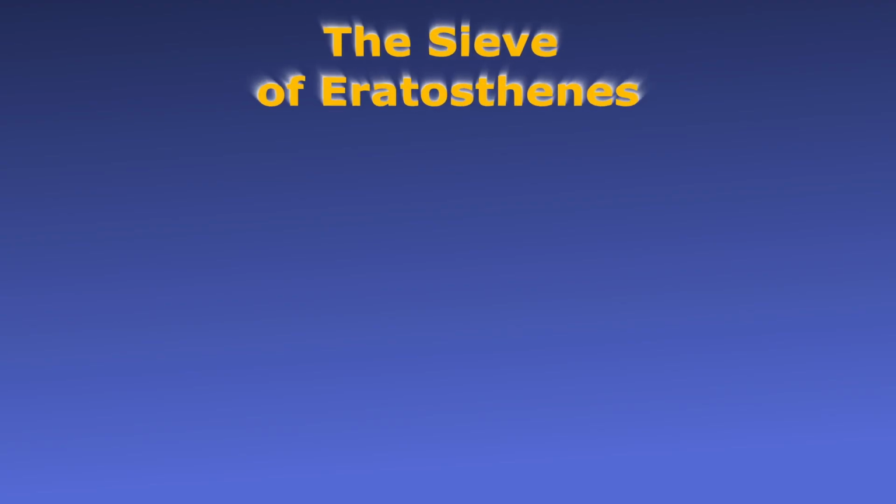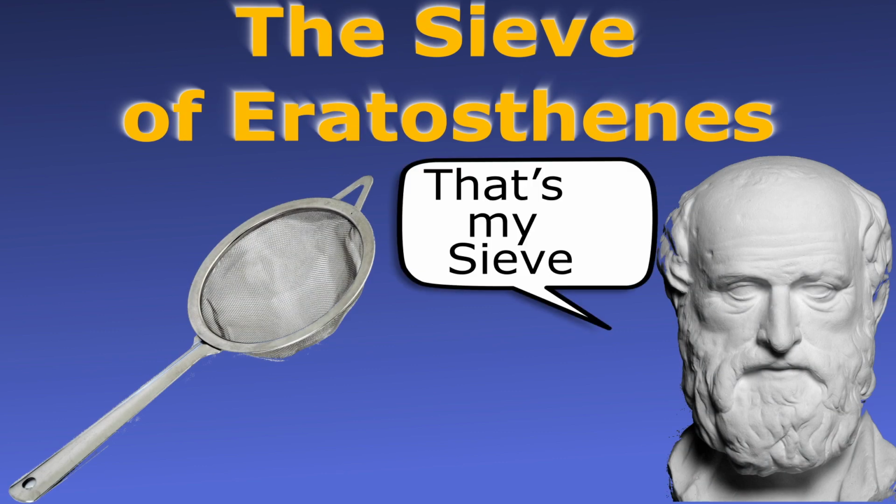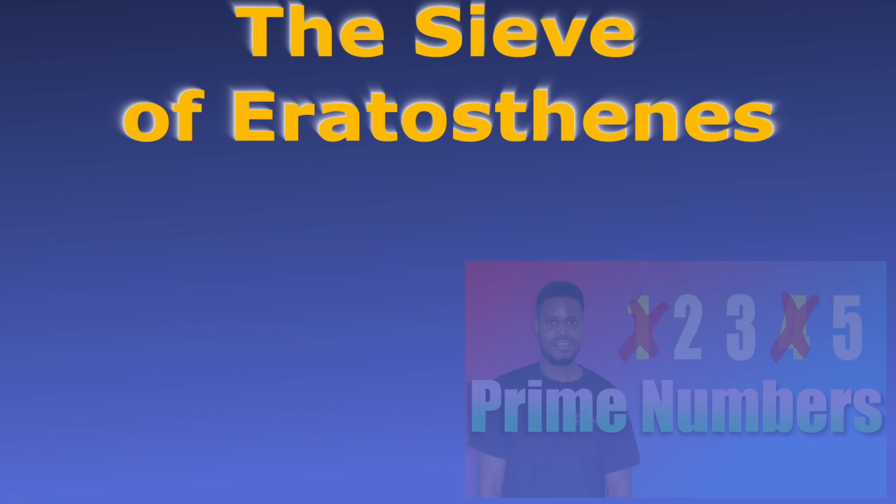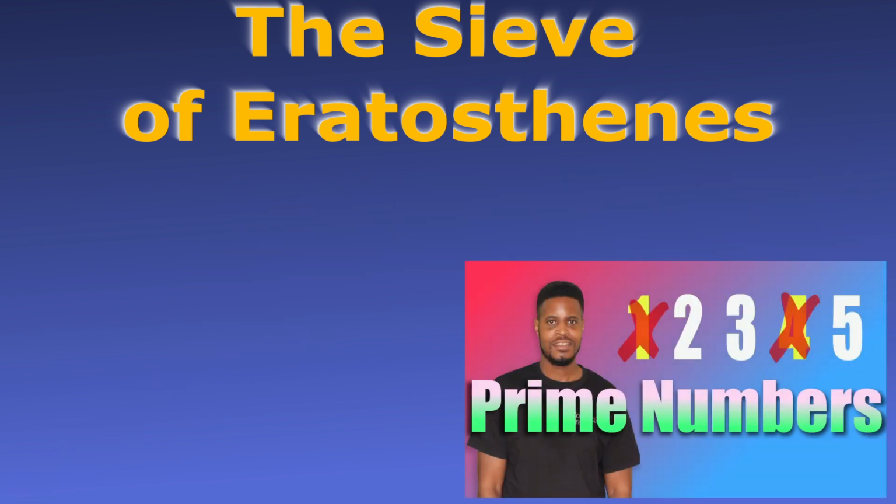So there you have it, how to use Eratosthenes' sieve to find the prime numbers between 1 and 100. I hope you enjoyed the lesson, and don't forget to watch the more detailed and basic explanation of the primes that I'll link here. It'll help you get a better understanding of why this process works.